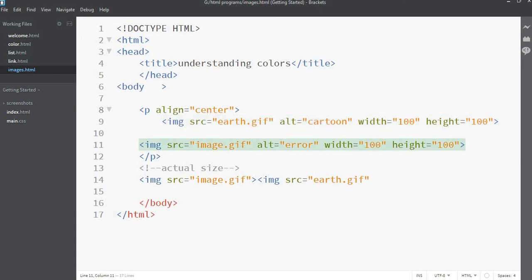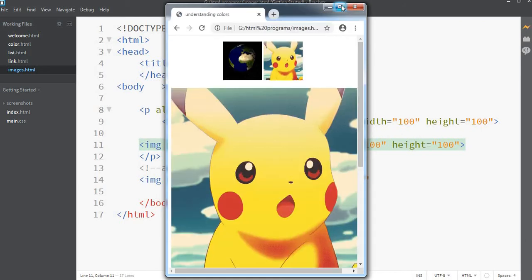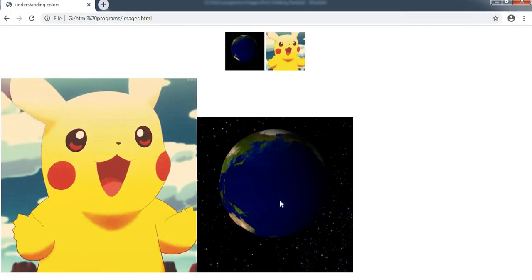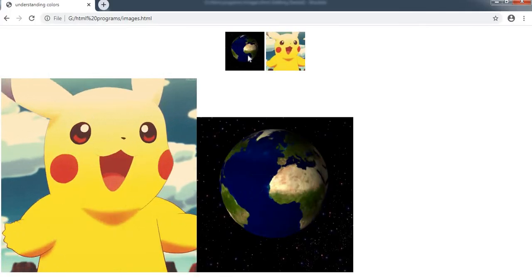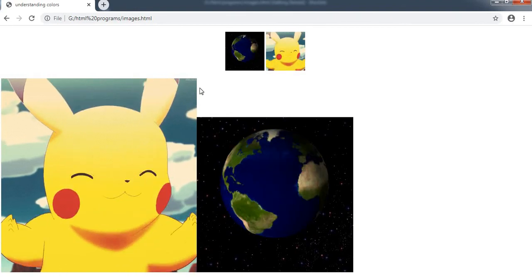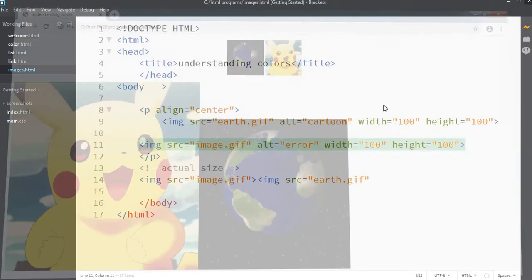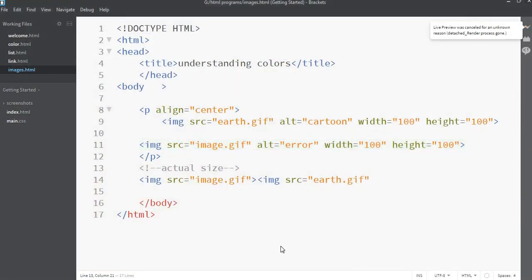First of all you should see the preview of this page. See, here is the preview. Firstly, I'll use 2 images with the fixed width and height, and then I'll use the 2 images in their actual size.